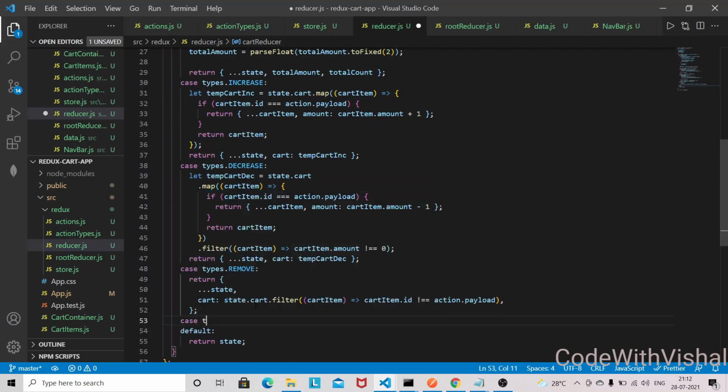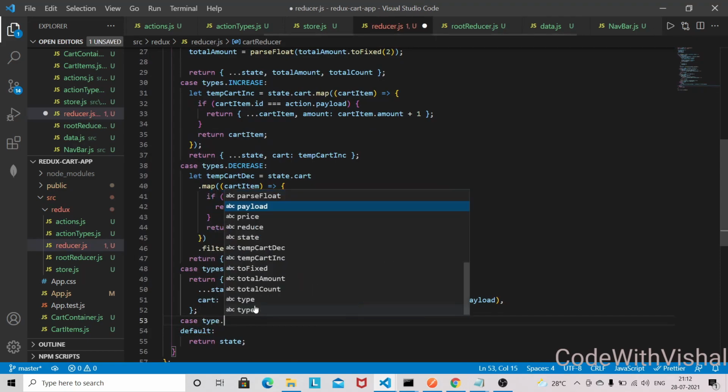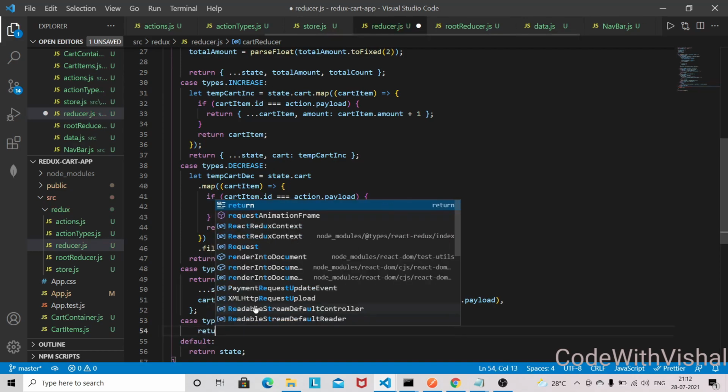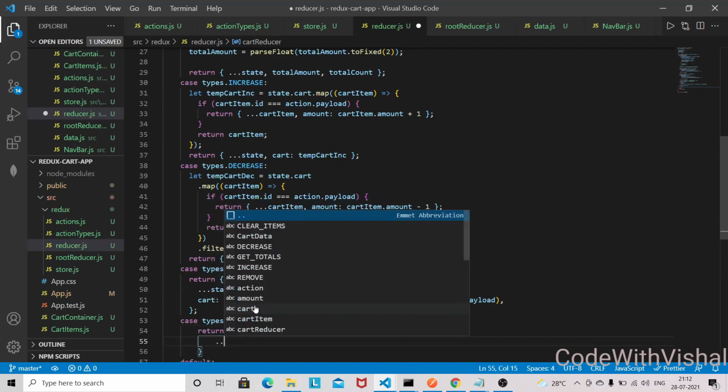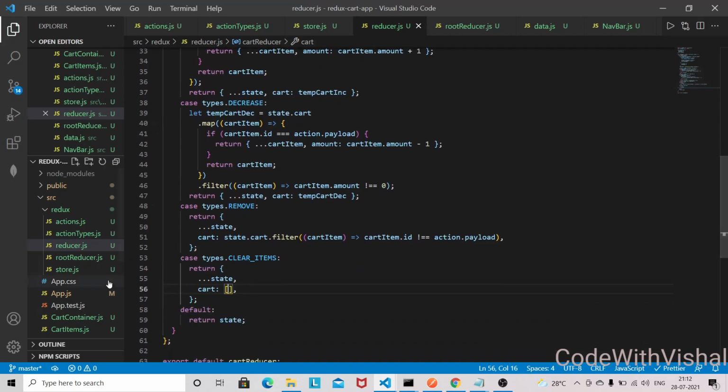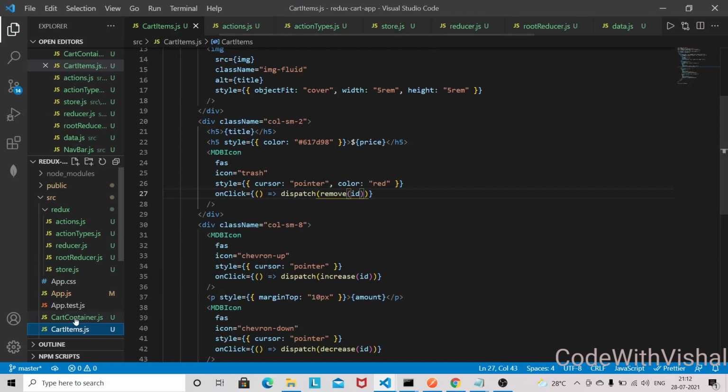So case types dot clear item, return state and the cart, and it will be the empty array. And we have to use that one in our cart container.